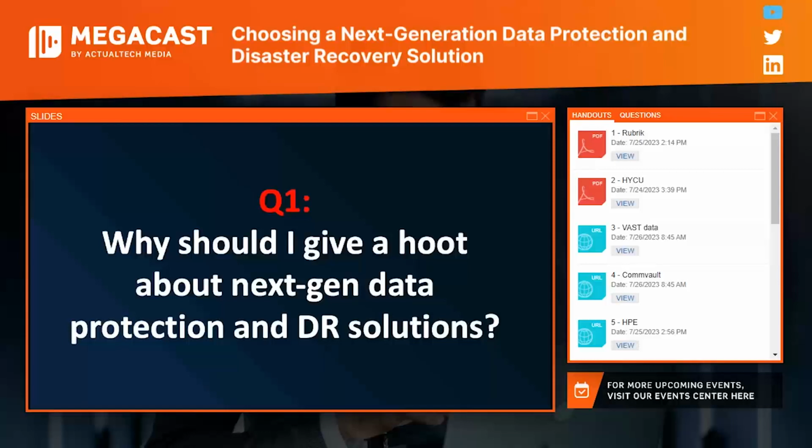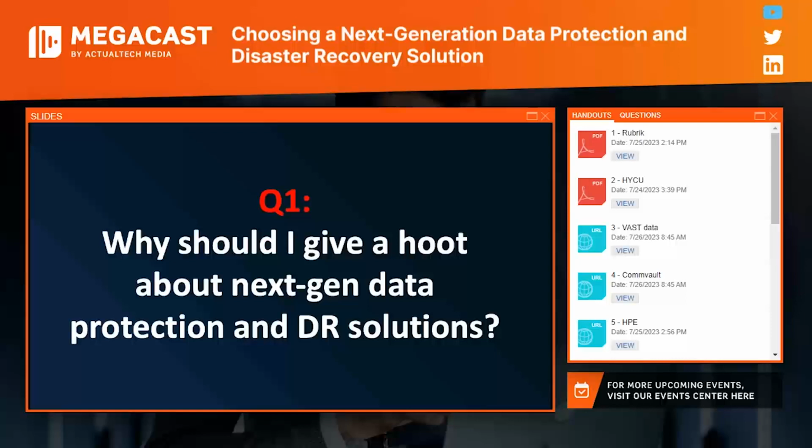One of them is just the big R word, ransomware. Companies are getting hit left and right by ransomware. You need to make sure that you have a rock solid data protection solution ready to go that's tested, that can rapidly recover your data in the event that you are hit. And don't think that you won't be hit, because businesses are being hit I think every 11 seconds by ransomware, and 37% of businesses were hit by ransomware in just 2021. So that statistic is a little out of date. I can only imagine that it's gotten worse since then.